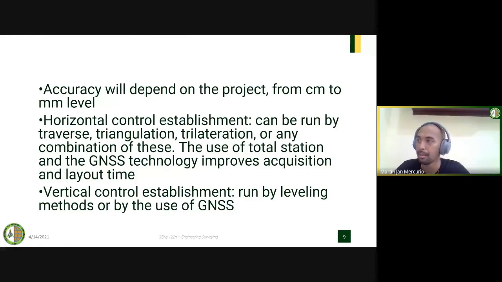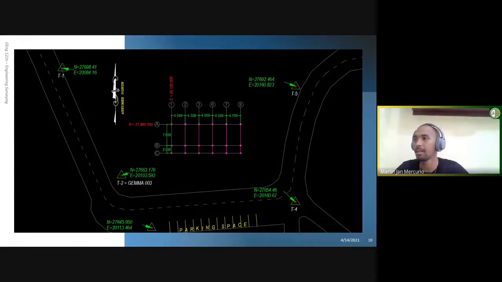Okay. So here shown is an example. This is the design, for example. You have your design of the building, then you have your controls on the ground. From these, we use the controls to establish this one based on the design. So that's how we project it. Based on the design, we have these controls on the ground. Then on the actual ground, we use these controls to relocate the points or to lay out this